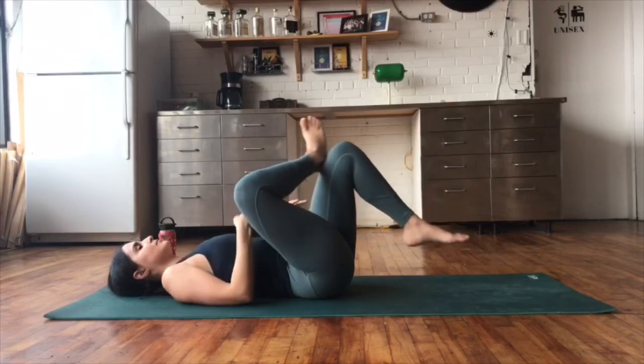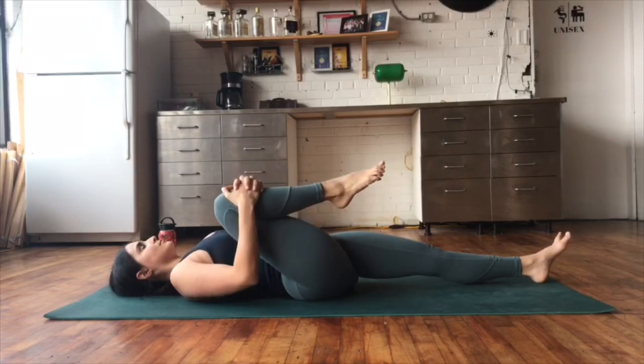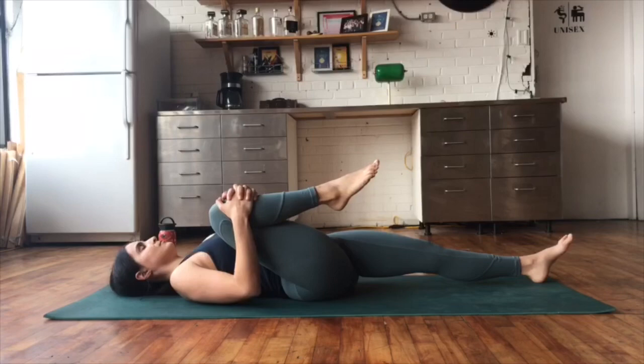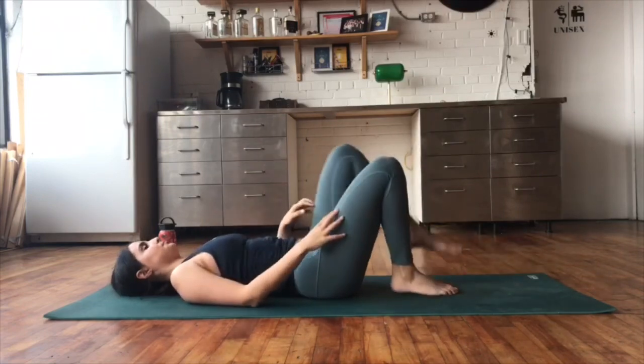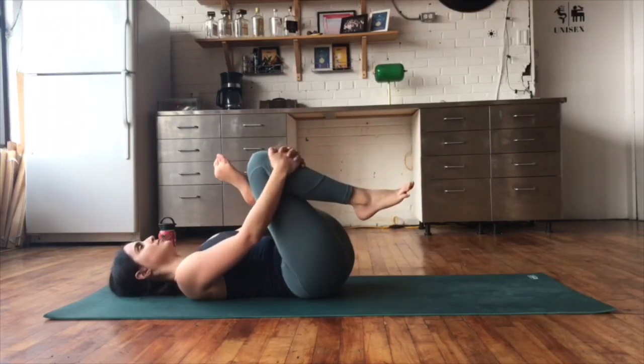And then release the leg, coming in for wind relieving. Interlacing the hands onto the right knee as we extend the left leg onto the ground and draw the right knee in towards the chest or maybe towards the right underarm. We'll release the knee, switch sides, coming into threading needle, and placing the left ankle onto the right kneecap,